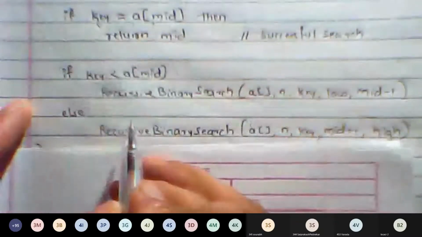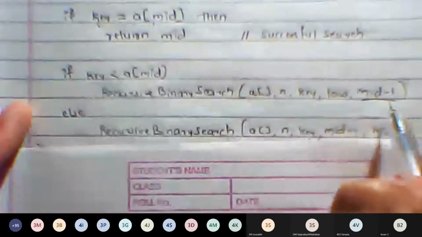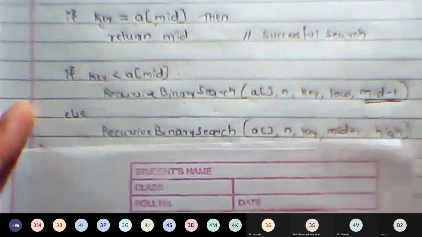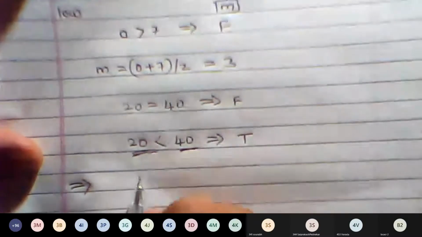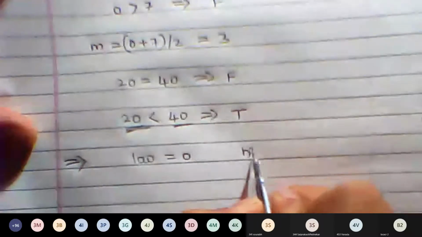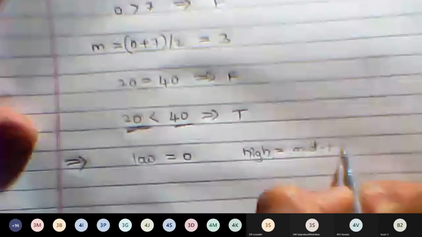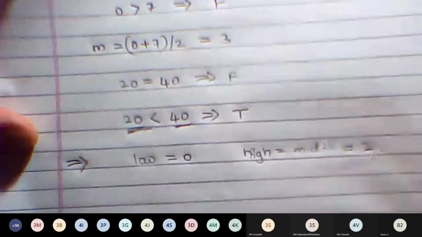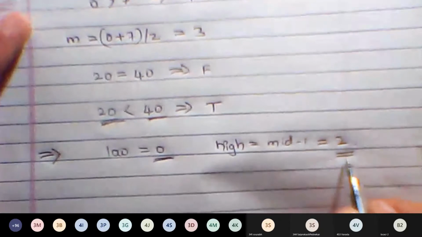Okay, if that is the case, as per the algorithm, this condition will become true, and we will recursively call the binary search algorithm once again, wherein the high value we are going to modify as mid - 1. Now next time once again the algorithm will be called. During that time, the low value is going to be the same value, that is 0, but the high value will be taken as what? Mid - 1. So mid value is what? 3. 3 minus 1 is going to be 2. So our new low value is 0, which was retained as it is, but the high value is the modified one, which is 2.